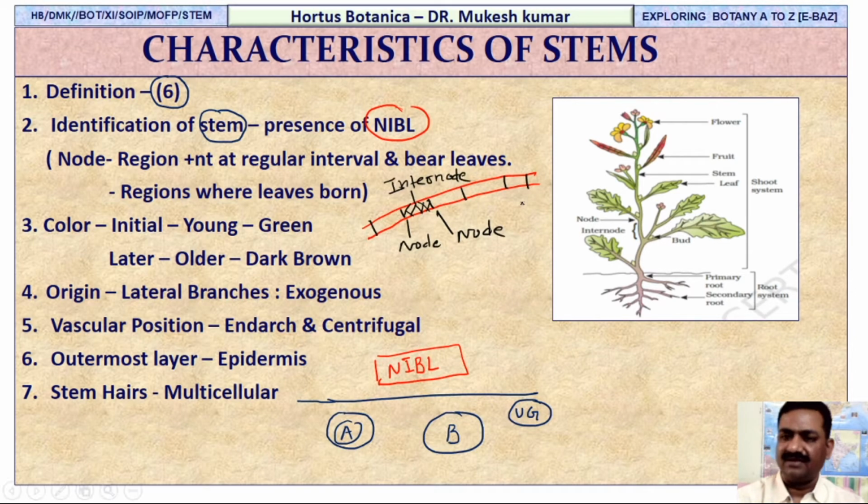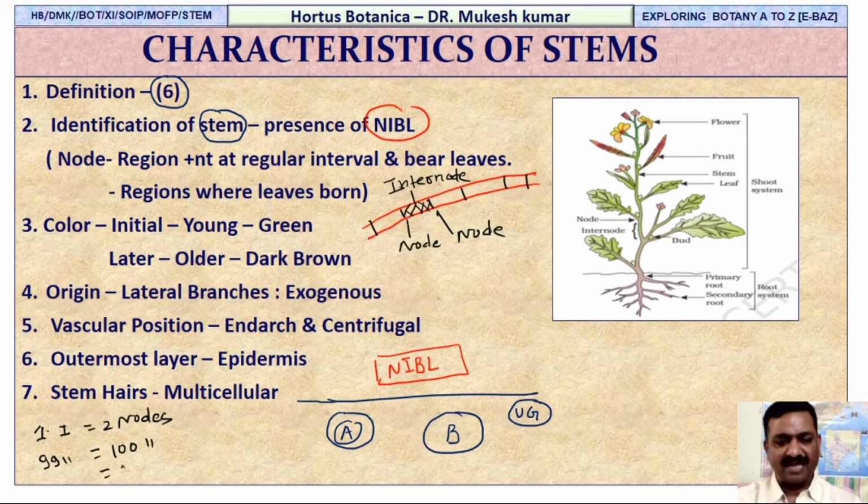Internode. Mind well. A question will come: if you have one internode, how many nodes will be there? Exactly one more, it will be 2. So if you have 100 nodes, how many internodes will be there? Yes, of course, it will be 99. If you have been given 105 nodes, how many internodes will be there? Again, 104 internodes will be there. Such types of questions may come in your forthcoming examination.